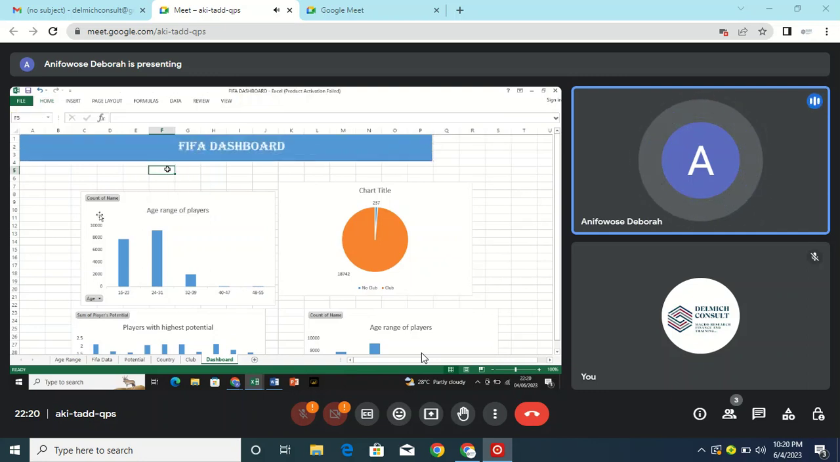So here's our final look. I think our dashboard is looking good. So now we can work with the rest of the data set. But before then, I want to do something. I want to apply slicers. So slicers is more like a way of filtering your data. So I'll be applying slicers